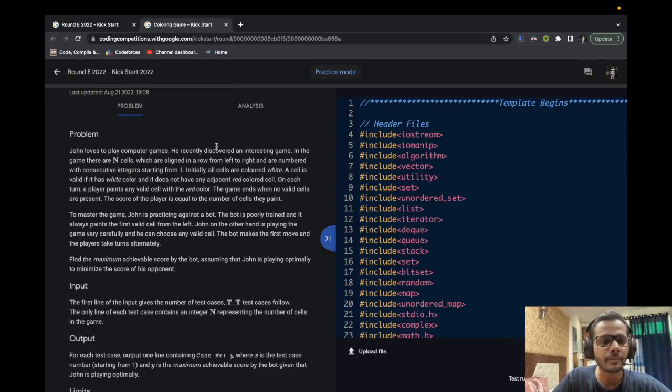Here, the problem statement says that John is playing a computer game, and in this game there are n cells which are aligned from left to right and are numbered from 1 to n, obviously. And initially all the cells are white. Now a cell is valid if it has a white color and it does not share any border with any adjacent red colored cell. So yeah, a cell is valid if it is currently white and it is not adjacent to any red cell. So on each turn, a player will paint any valid cell with the red color, and